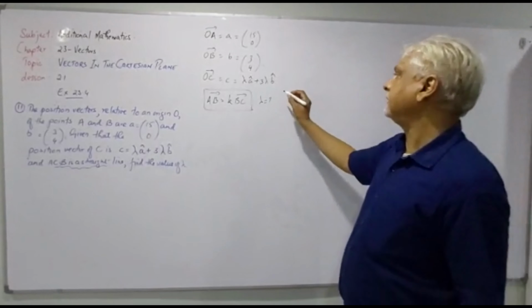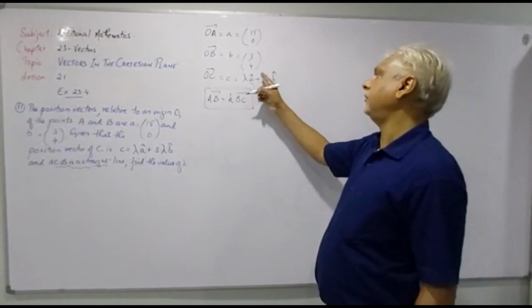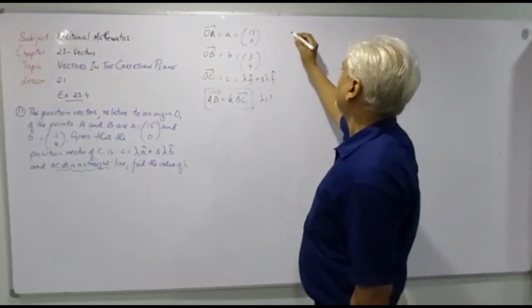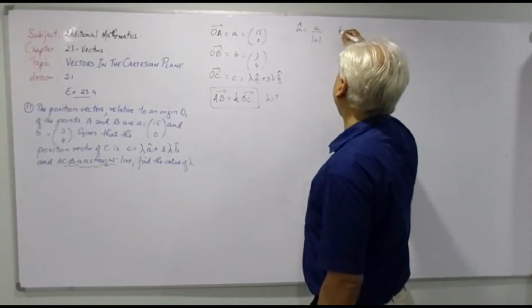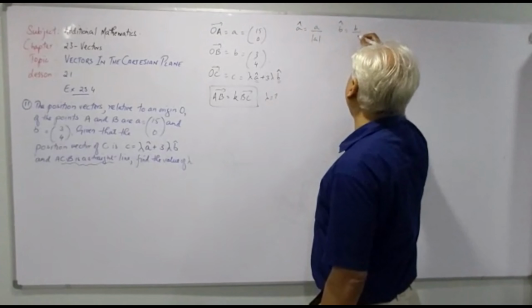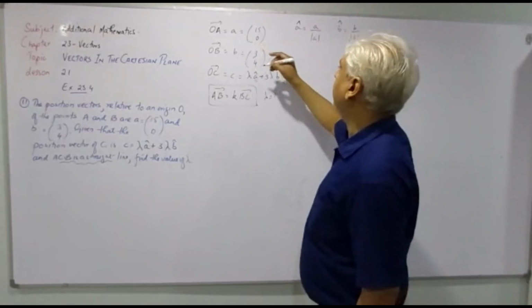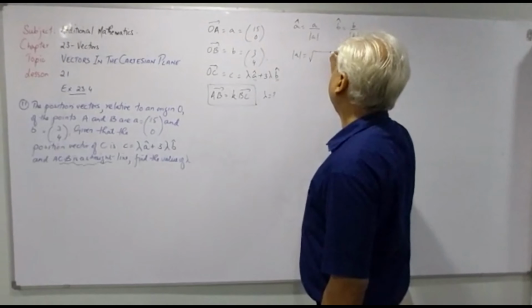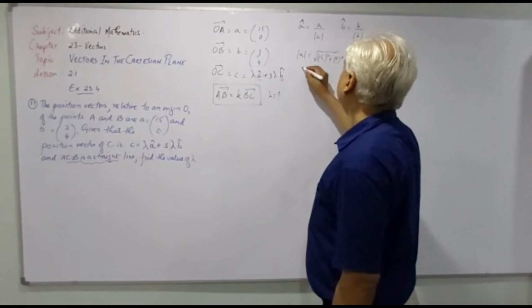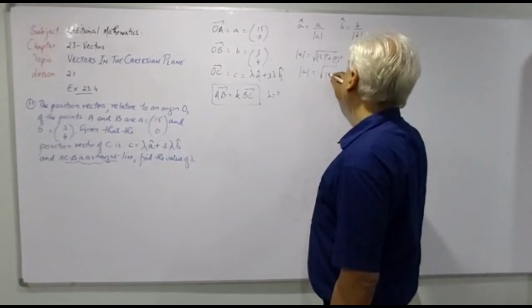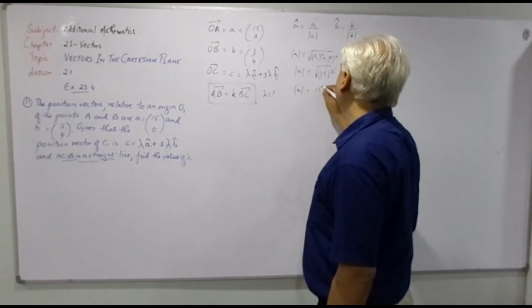So first let us replace unit vector A and unit vector B. You know that unit vector A is equal to A upon the magnitude of A, and unit vector B is equal to B upon the magnitude of B. Now the magnitude of A is under root 15 the whole square plus 0 the whole square, which would give you under root 15 the whole square. The square will cancel with the root sign, so the magnitude of A is equal to 15.